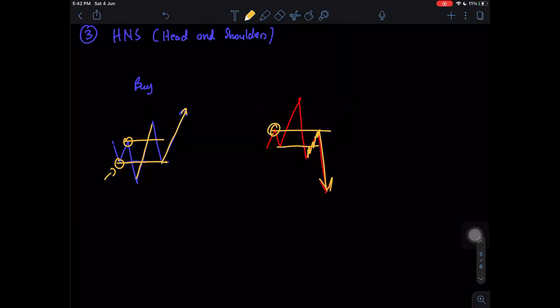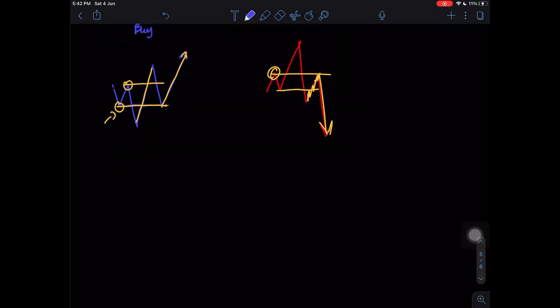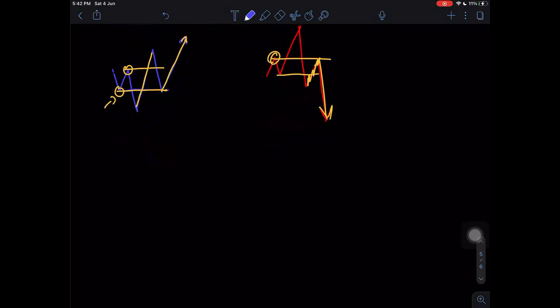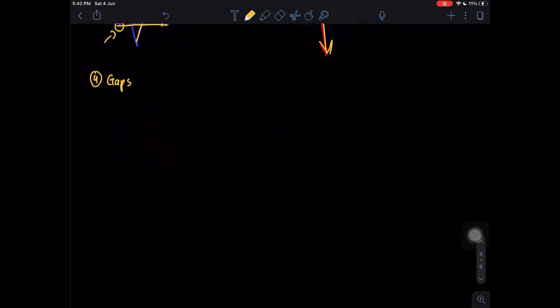And last but not least, my most favorite thing in the whole world, because it's so common, and to me the strongest SNR is hidden base. Okay, it's gaps, because almost all the time, those things are what move the market. Gaps. What are gaps? Gaps are basically for the buy variation.